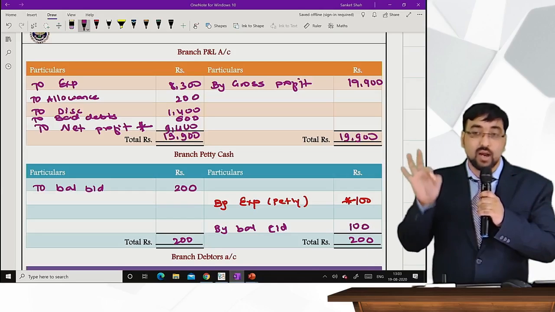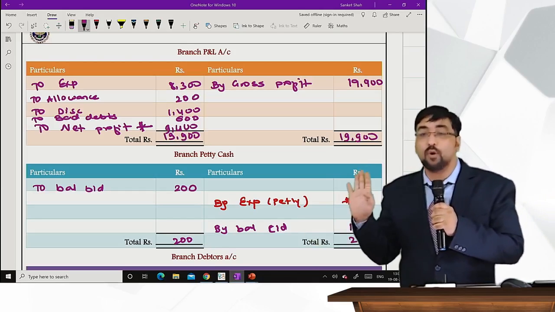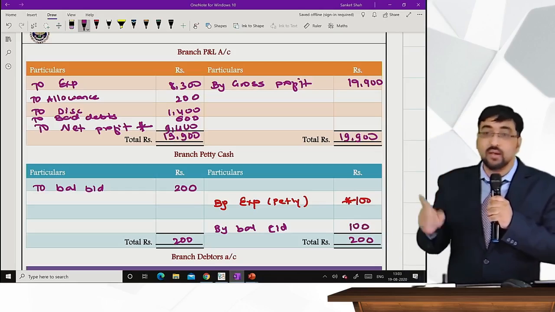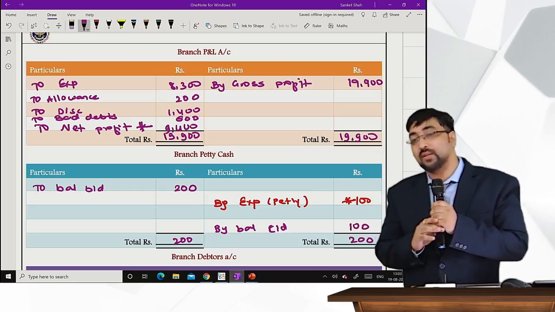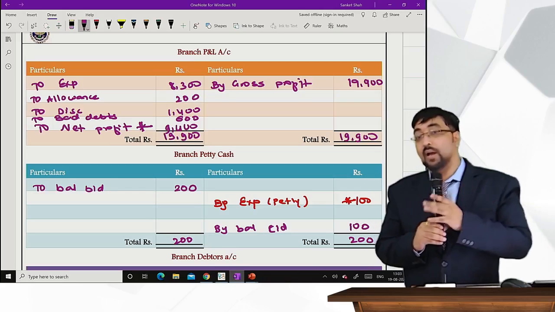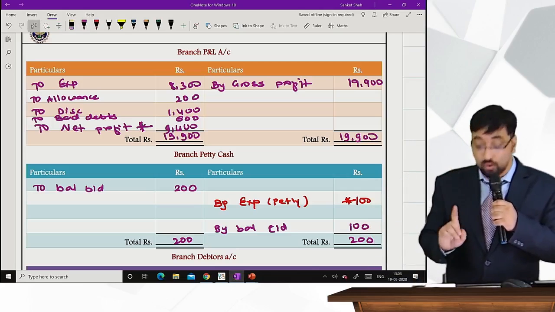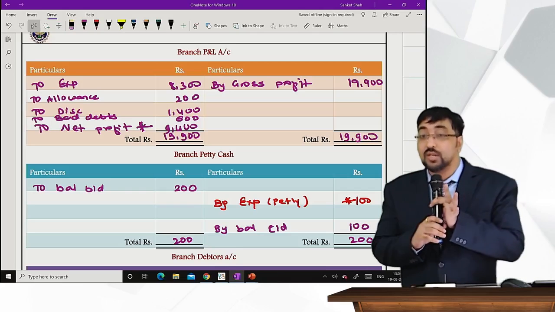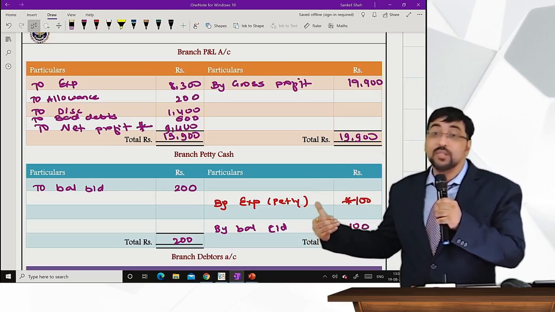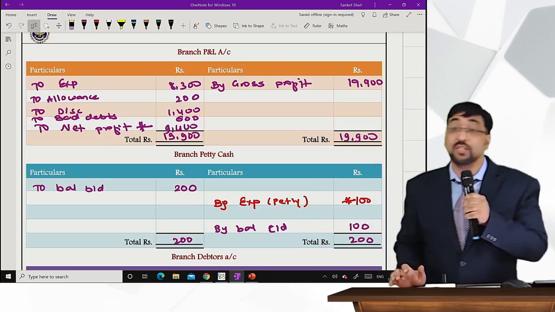So this is branch accounting at cost. We have done with at cost. In this there is no unrealized profit in stock, and you just have to think from the angle of HO and from the angle of branch. HO angle means debtors method, and stock and debtors method means branch angle. Remember, and some tricky adjustments, we have already written in red pen, so don't bother about them. Just go through it, and for last day revision, try to focus on all steps, how we solved, how to solve problems using debtors method and stock and debtors method at cost, which is very simple.